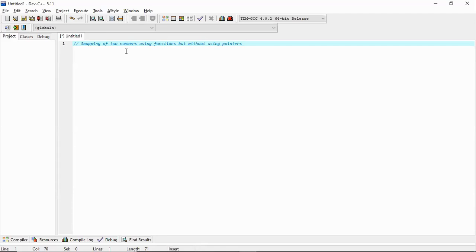So first we will do it like this, that we will create a function for swapping of two numbers, but we will not use pointer. Then we will use pointer and see the difference between the two, and we will come to know the importance of pointers also. So let us say